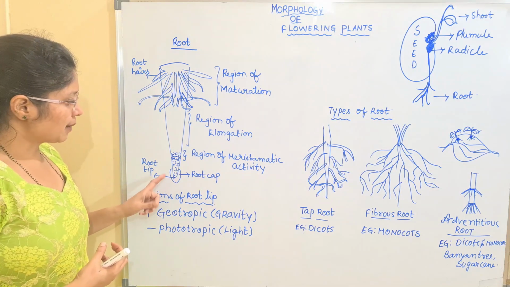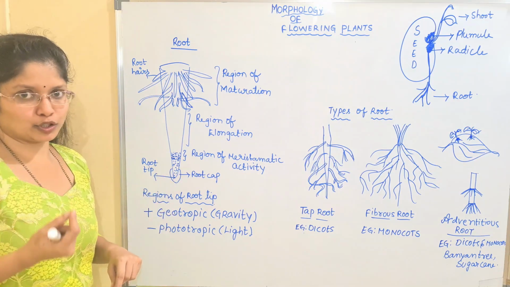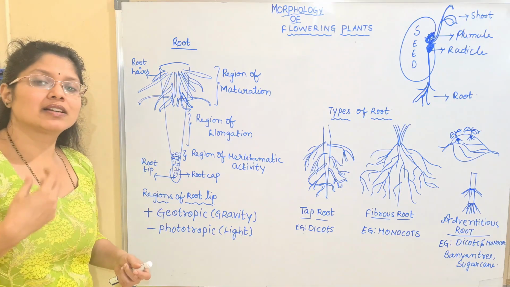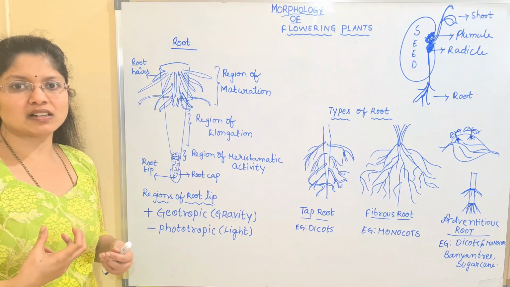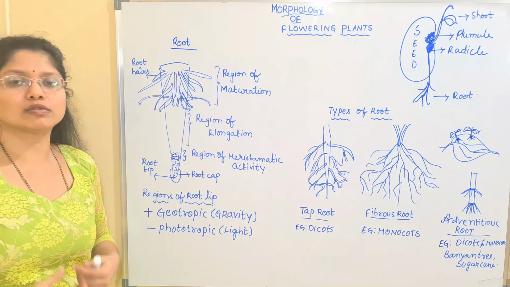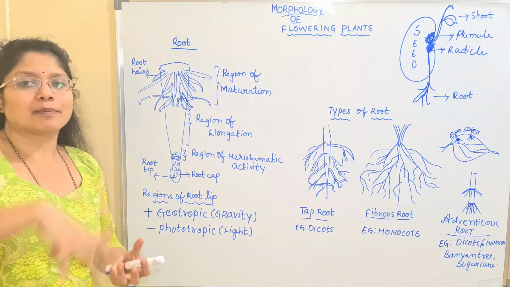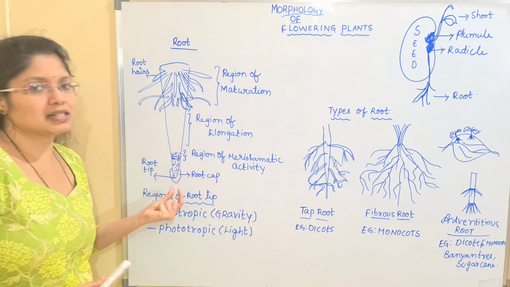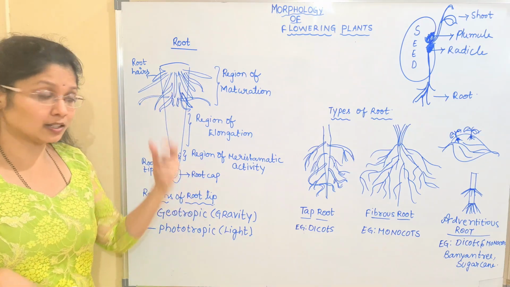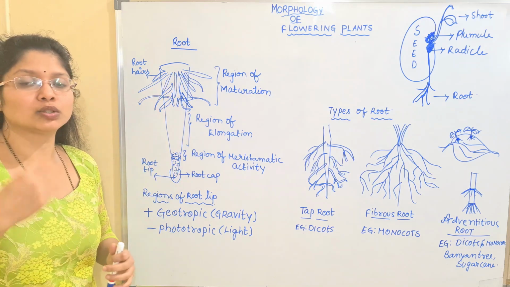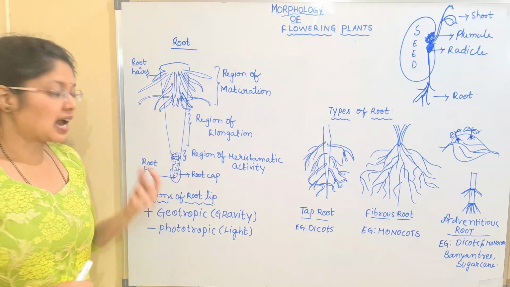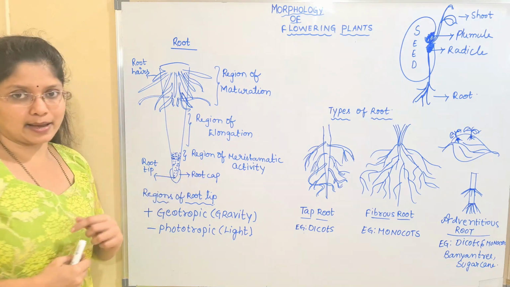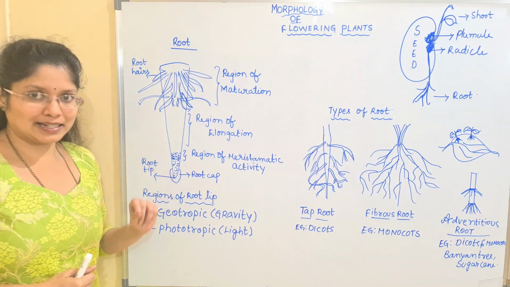This root cap is associated with the tip of the root. It is seen only near the tip of the root, where penetration is required. With increase in the age of the plant, the needs of the plant increase. It has to absorb more water and more nutrients, so the roots keep growing. When the root is growing, the main root present in the center, not the root hairs, children, does the function of penetration, and this requires extra protection, which is given by the root cap. Okay, proceeding to the next layer here.